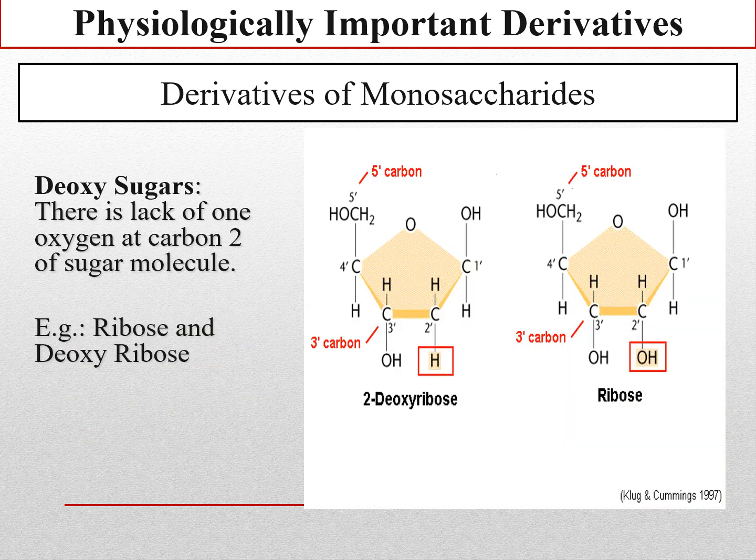Another important modified sugar of monosaccharide is ribose and also deoxyribose, which is useful to make DNA. Deoxyribose is a sugar useful in making DNA, and ribose is the one useful in making RNA. So it is made into ribose first, and then this OH will be reduced by using NADPH to actually yield hydrogen here, and therefore this is deoxyribose.